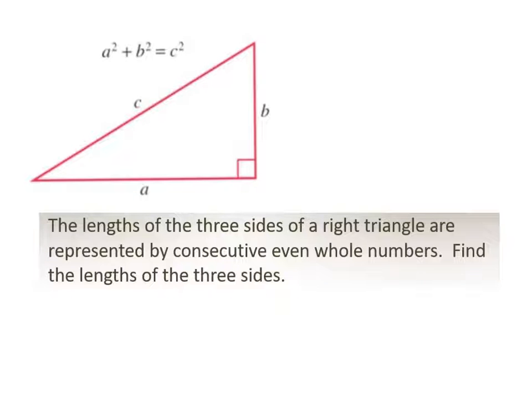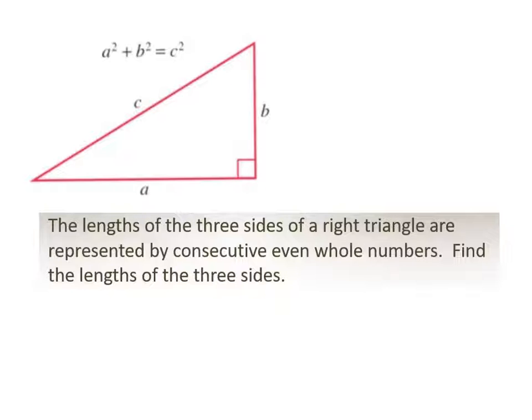So here's a third example in lesson 3.7 that gives us some sort of a geometric connection. So you can see how this might apply in a setting that involves sides of a right triangle. So one of the things that we know about the relationship between the sides of a right triangle is that